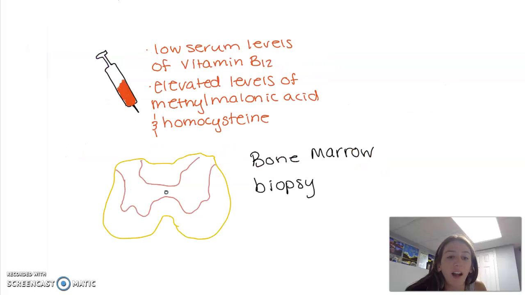Some tests that I think would need to be done would be blood tests to show if there are low serum levels of vitamin B12. I found in most studies, however, that this can't just be a final diagnosis because there are a lot of false positives, or cases where people have low vitamin B12 but they're not experiencing any serious conditions or illnesses. So it might not show up right away, and that might not be the key factor. To keep going, you could look for elevated levels of methylmalonic acid and homocysteine, which will be indicative of vitamin B12